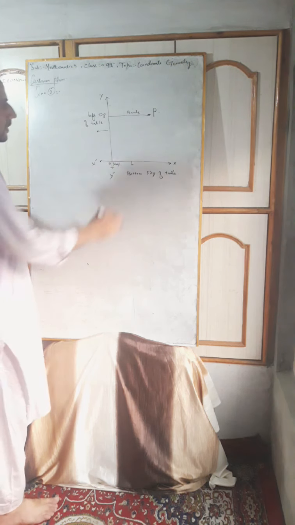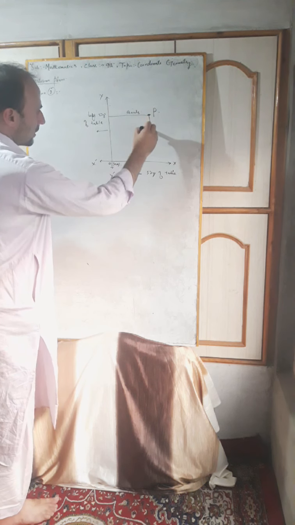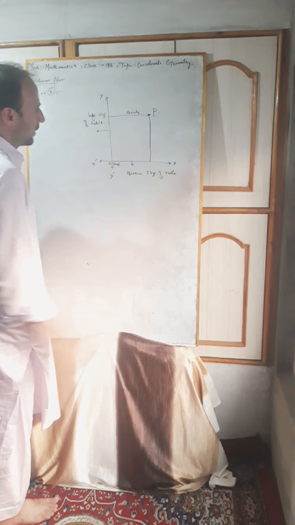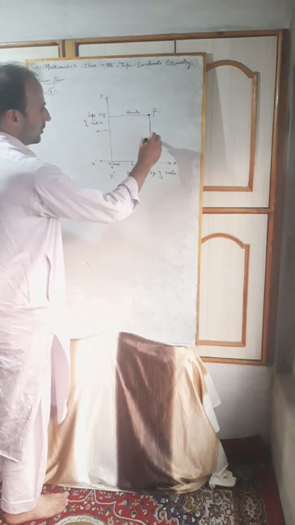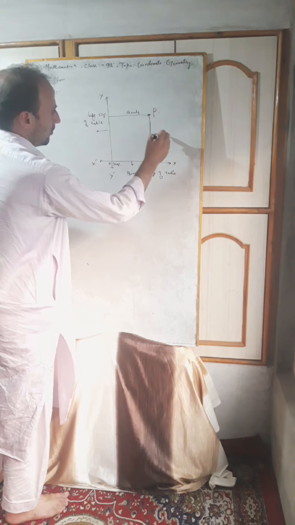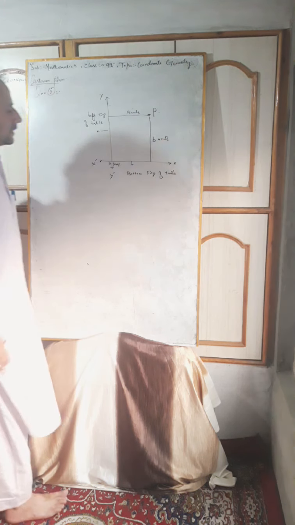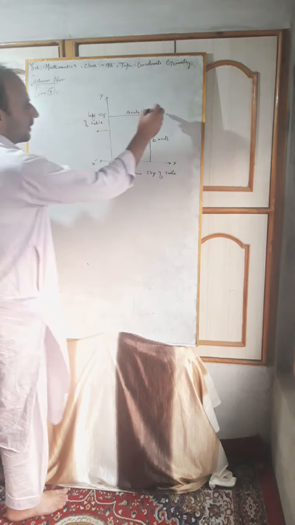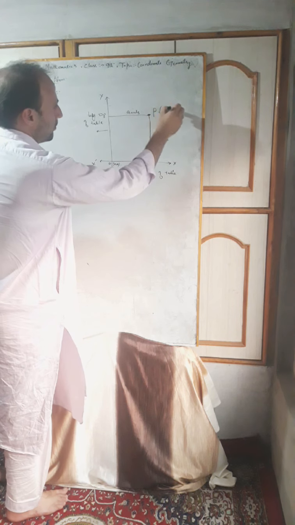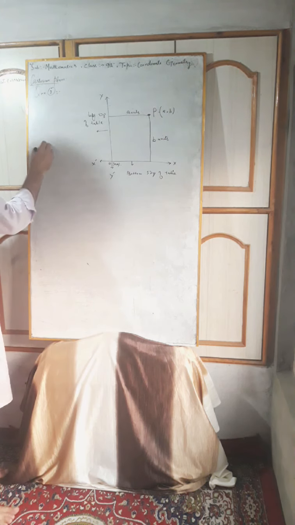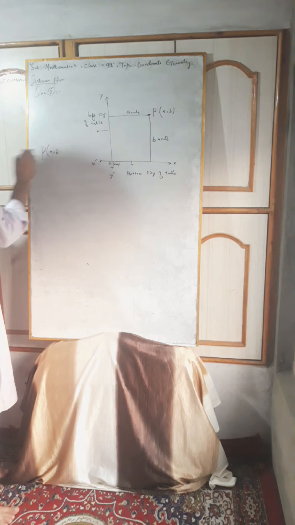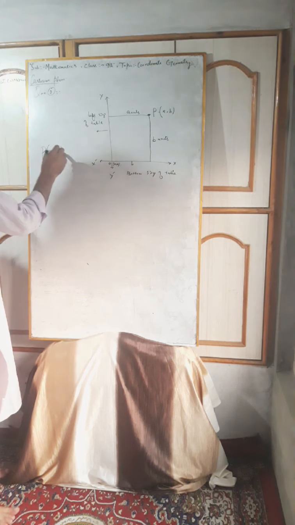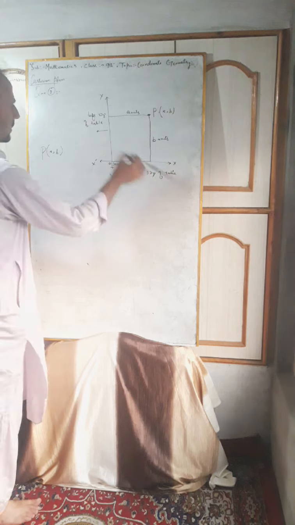And we will draw the perpendicular distance from the x-axis to the point P. Suppose it is B units. Then the position of the table lamp on the table, or on the Cartesian plane, is P, A comma B. Here OX and OY